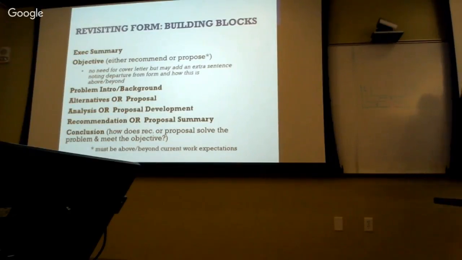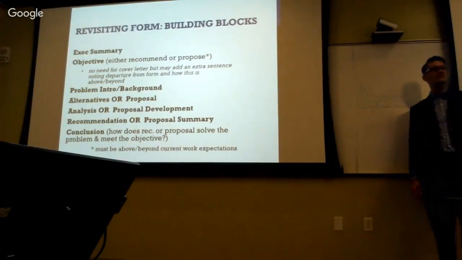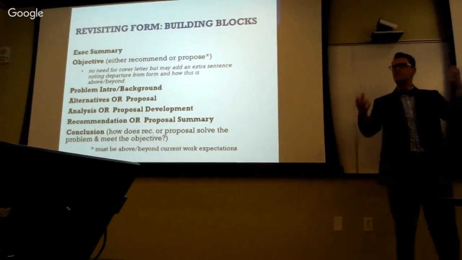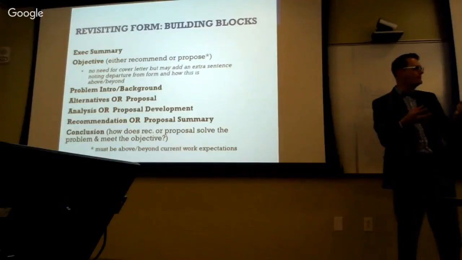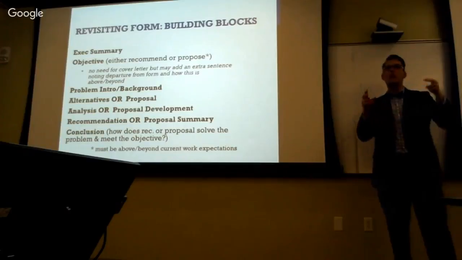There's another piece that belongs here in the analysis section. That piece, and this is what I want to emphasize tonight, is values. What are the principles or the values that are important to the decision maker, to you, to the actors that are involved? What are the most important things to consider in terms of values in identifying what's best?